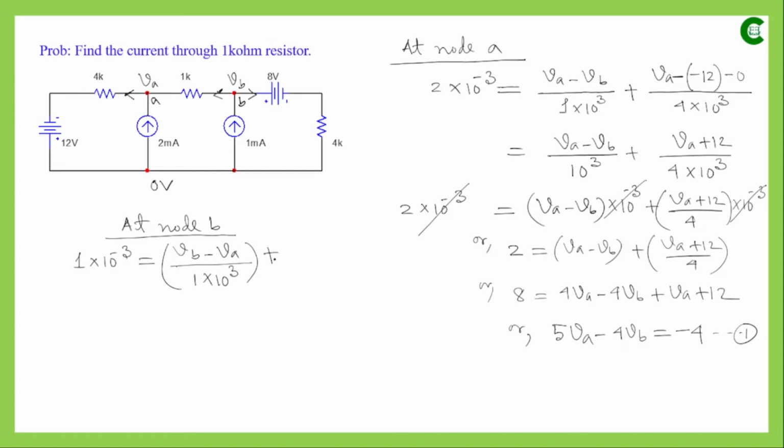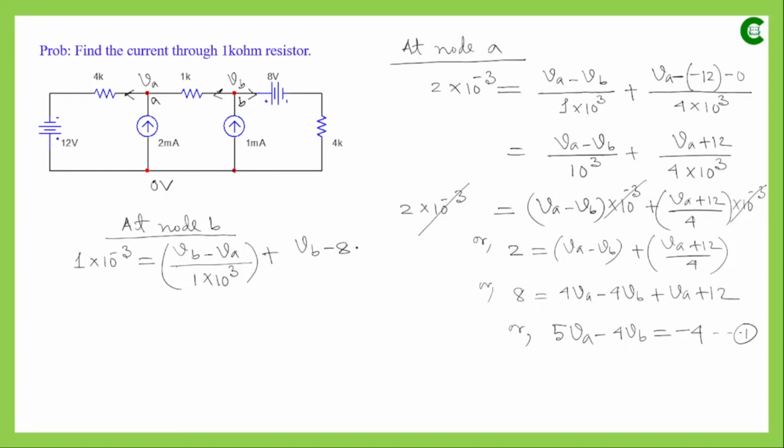And then for the other branch, the potential difference will be, this time, VB minus... since the positive terminal is at this side, the value of this voltage source will be taken as a positive value, so it will be plus 8 volt. So this time we have VB, then we have to subtract this voltage value, and this time it is positive, so VB minus 8,